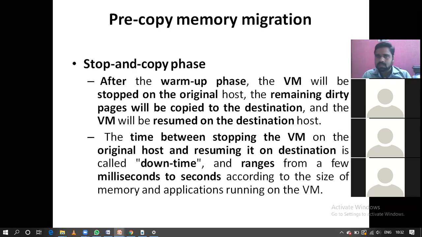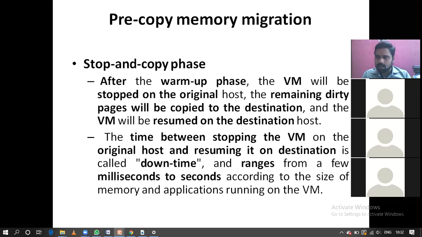In the next, second phase, the stop and copy phase, we will stop the virtual machine on the source side and resume that application on the destination side. The difference between these times we call downtime. We have to maintain it in the form of milliseconds to seconds.